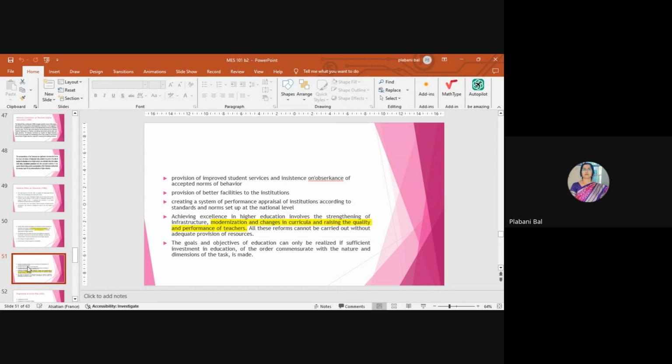Then to achieve excellence in higher education involves strengthening of infrastructure, modernization and change in curricula, and raising the quality and performance of teachers. These five things have been decided: strengthening infrastructure, modernization, change in curriculum, and raising the quality of performance of teachers. And all these reforms cannot be carried out without adequate provision of resources. The problem is resource mobilization. So the goal and objective of education can only be realized if sufficient investment in education